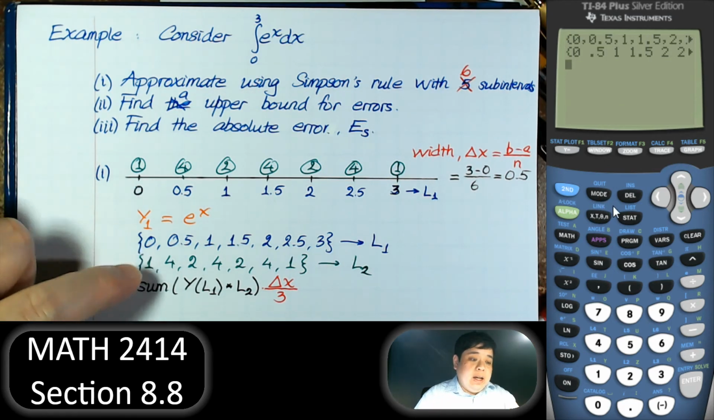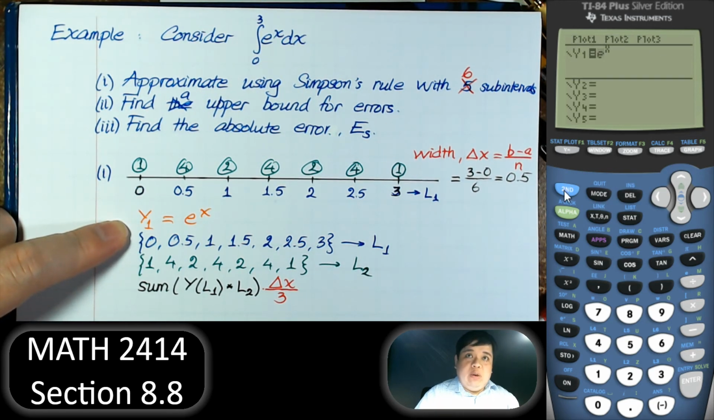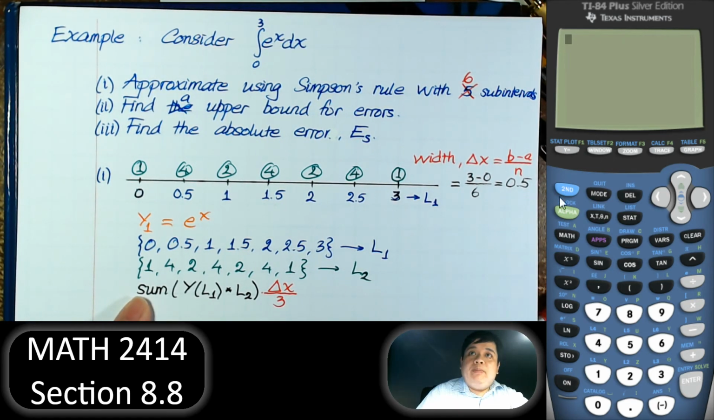Alright, so we have list 1 and list 2 in the calculator. We have the function in the calculator. Make sure you have that. Now we're going to do Simpson's rule. So we have second, stat, math, summation, option number 5, variable. So either alpha, trace, or Y variable, Y1. Evaluate that at list 1 times list 2,